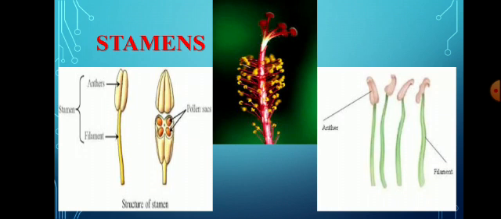Okay, a needle-like structure that joins the anther with the thalamus. So, the stamen has two parts, anther and filament. These are male organs of the flower. It's an important point. The stamen is the male organ of the